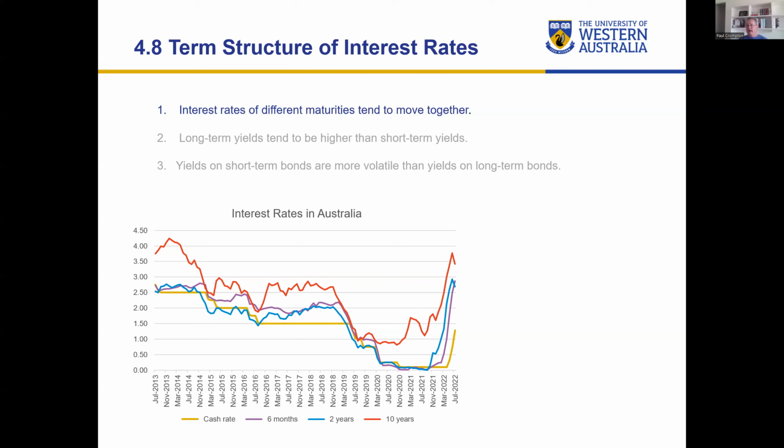So what I've done there is I've gone through why the cash rate fell in 2019. It was because retail sales were weak and the Reserve Bank drove the cash rate down. As the cash rate fell, in an attempt to shift the aggregate demand curve to the right in early 2019, the 6-month rate followed it down, because the cash rate and the 6-month rates are interest rates in substitutable money markets. But then the 10-year rate and the 2-year rate as well, because they're both bond rates,